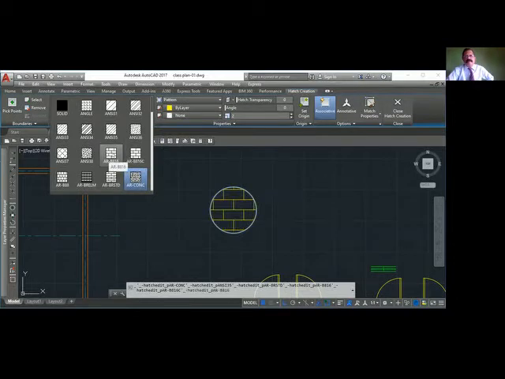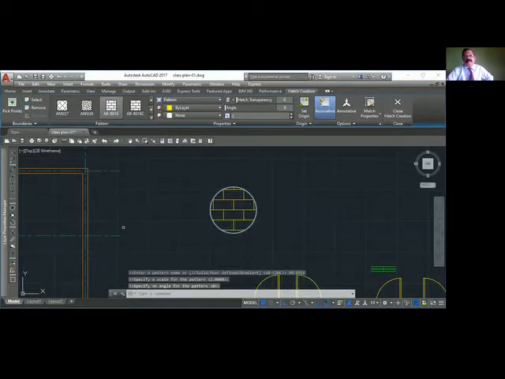Suppose I make this pattern here. Still I'm in the same command, so I can change anything. I can rotate this. You see here 0 is the angle now. I'll make it 45. Enter. You can see it is rotated. So hatch, what you have to do, first select the object or pick point.